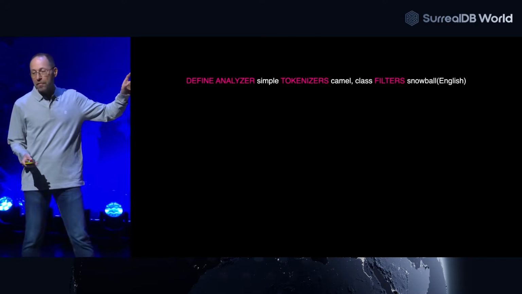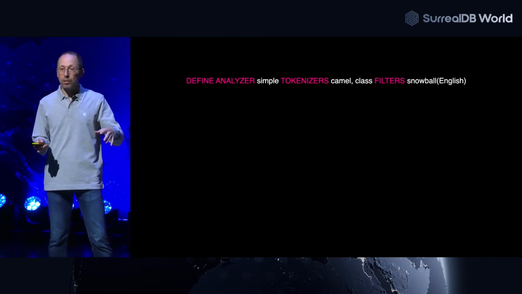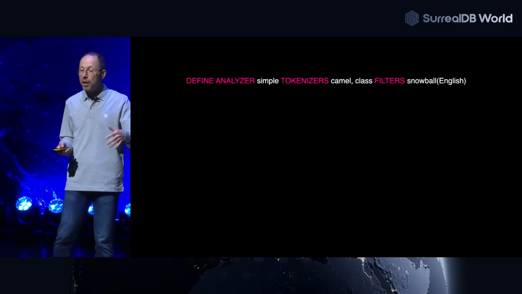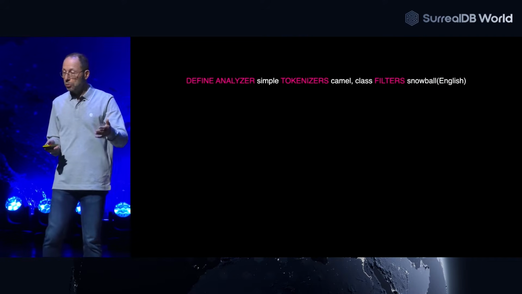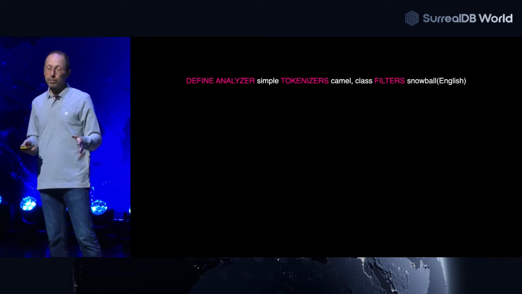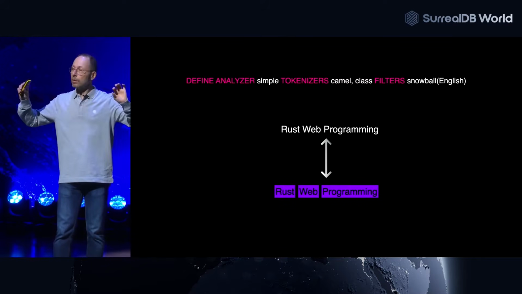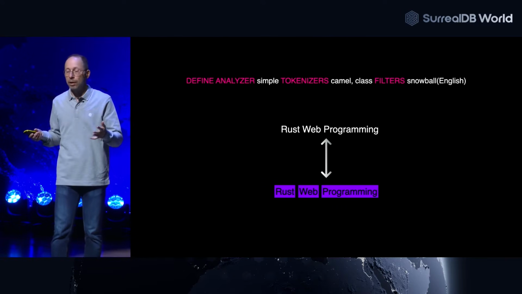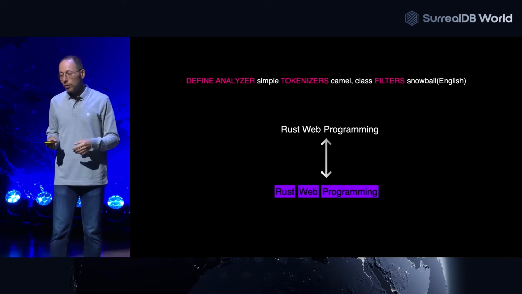You have this define command that lets you create an instance of everything in CyrilDB, and we now have define analyzer. Analyzer is a name that you choose, and it's made of tokenizers and filters. A tokenizer is this idea of taking a text and splitting it into words. For us as humans, of course, it's easy, right? But for software, we need to guide it to understand how to do that.